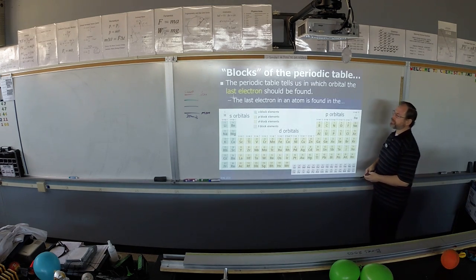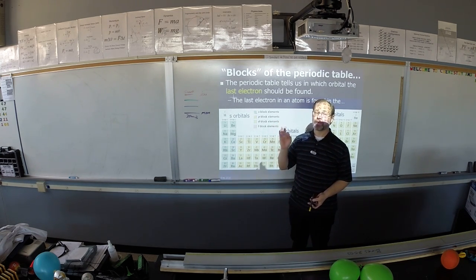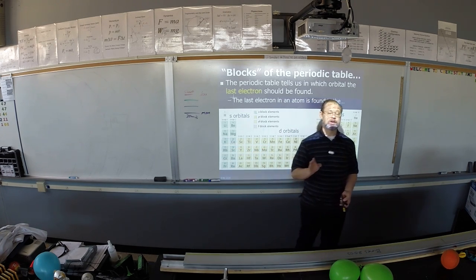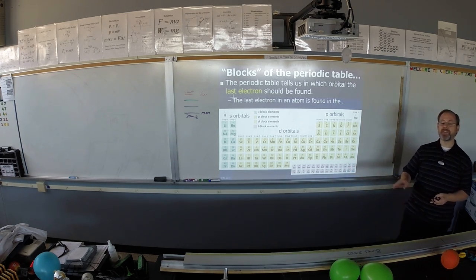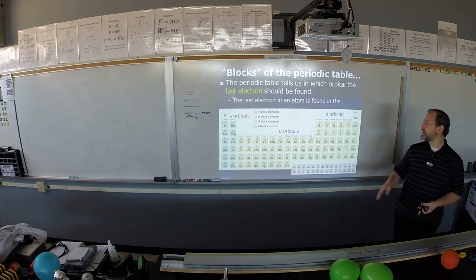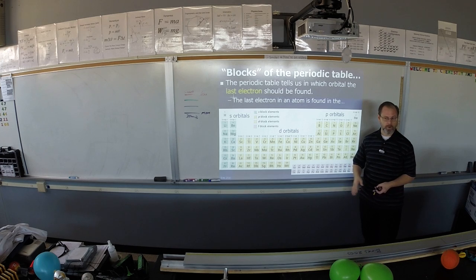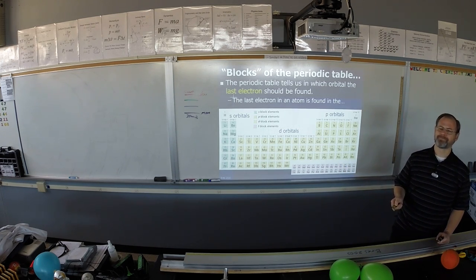So elements that are found in the S block have their last electron in an S orbital. Elements in the S block have the last electron in the S orbital. I'm going to walk you through that here in about 30 seconds. Elements in the P block have their last electron in a P orbital. Elements in the D block, you get the idea. Okay, follow the little green dot. Right here. There's sodium. Sodium is 3 levels down in the S block, and it's only